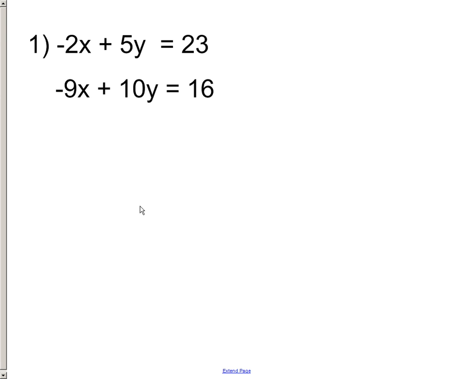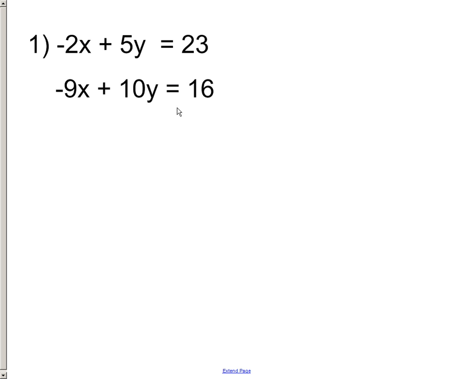This is the first time I've asked you to go through and solve systems of equations using the elimination method. You just saw it today, and now you've gone home and you've probably forgotten some of the basic steps. Remember, you need to add or subtract the two equations together to get them to cancel out one of the variables. In this case, though, when we add or subtract, it doesn't cancel anything out, so we need to actually